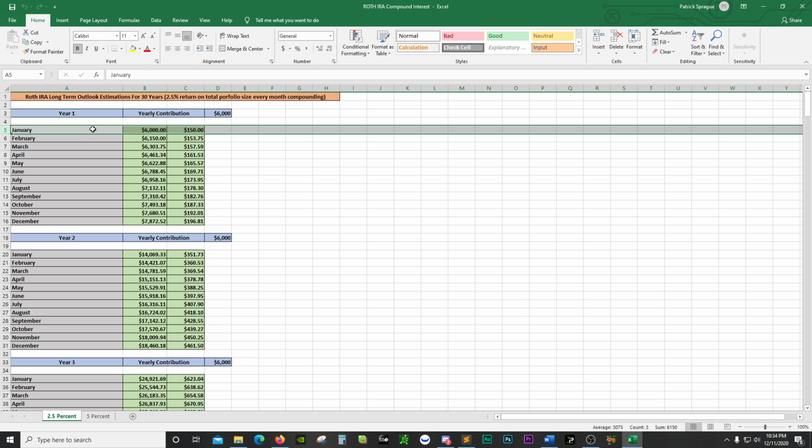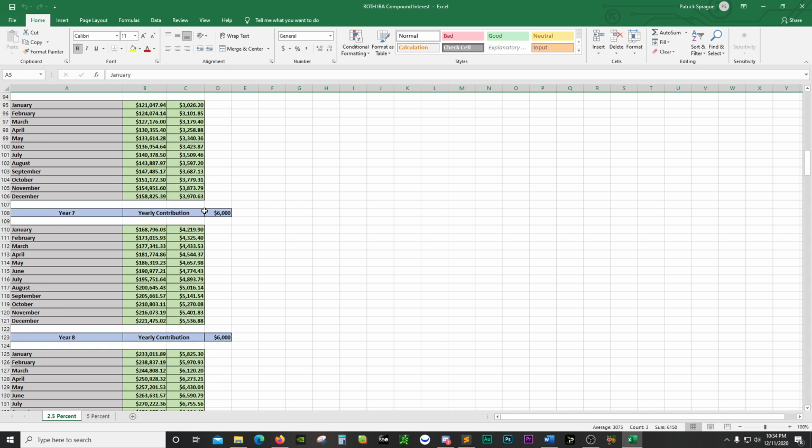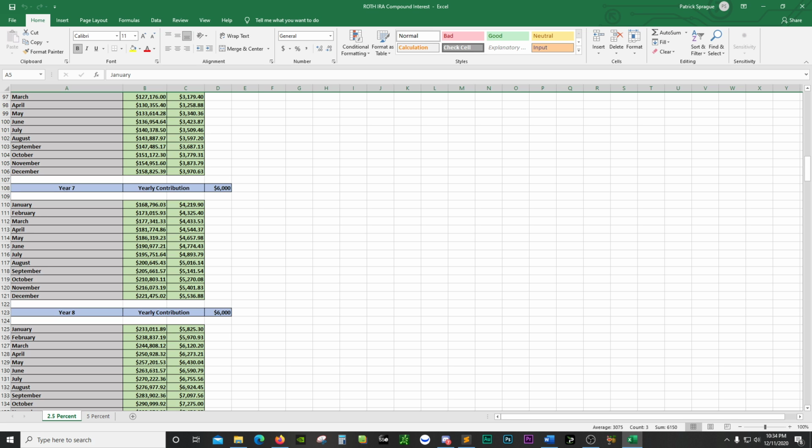And the first 10 years are the most important when you're investing in your retirement because that's what gets you off the ground. And the moment you start hitting $500,000 to $1 million, it becomes much more exponential